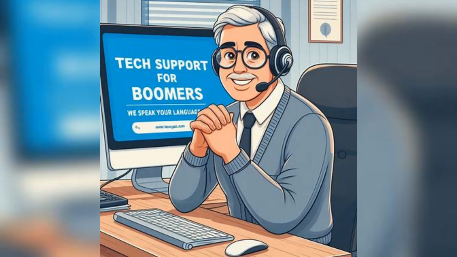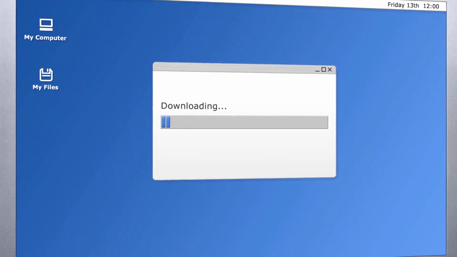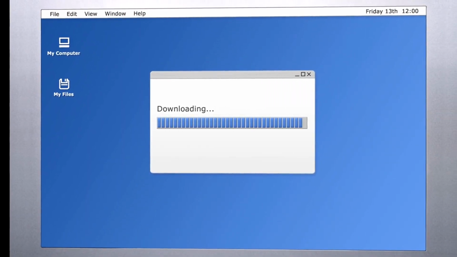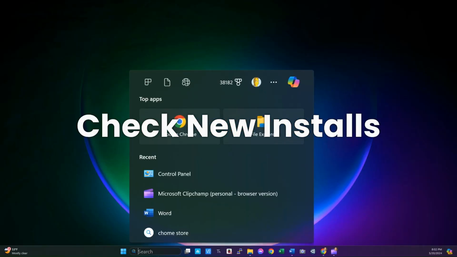So you've fallen for it. You clicked on the wrong download button and something has gotten onto your machine. If you suspect that the file you downloaded was malicious and may have installed adware or even a worm has gotten on your computer, first, launch the Windows main menu and check to see if a new app appears on